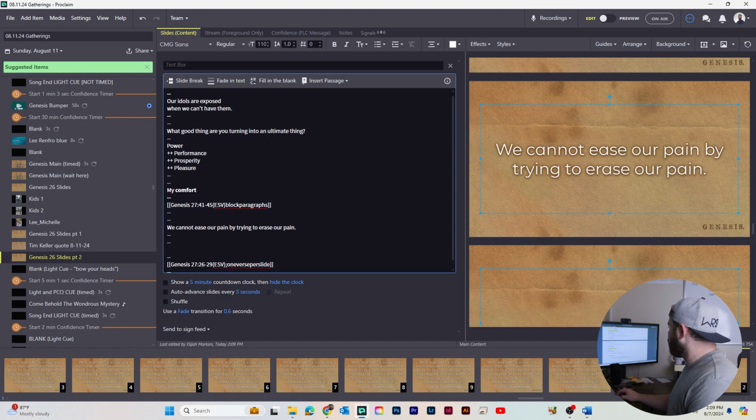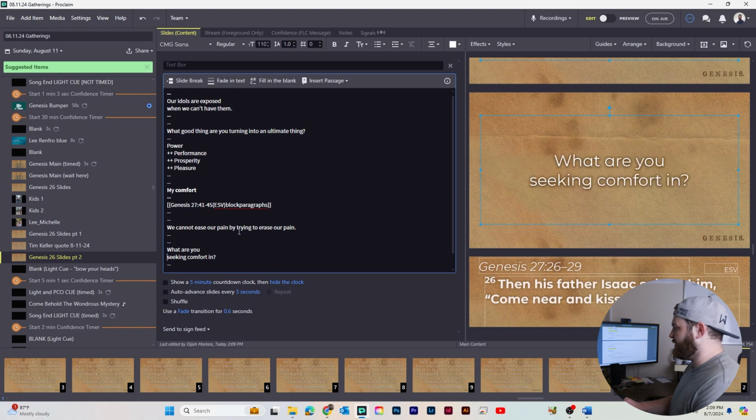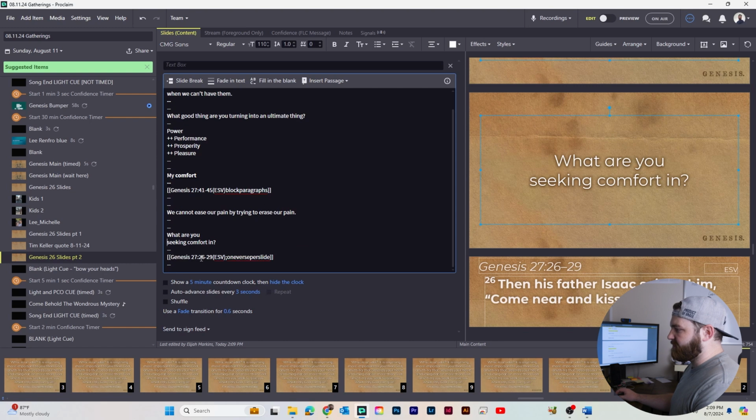That will then go, what are you seeking comfort in? Now, visually, that looks bad. So what I'm going to see is how it looks if we drop "seeking". That looks significantly better. What are you seeking comfort in? Good. Okay, then we're moving on to Genesis